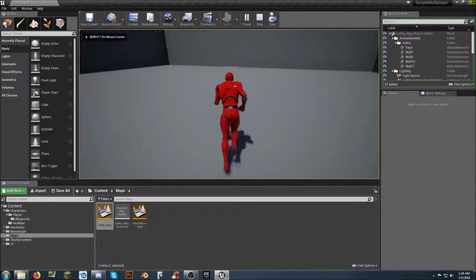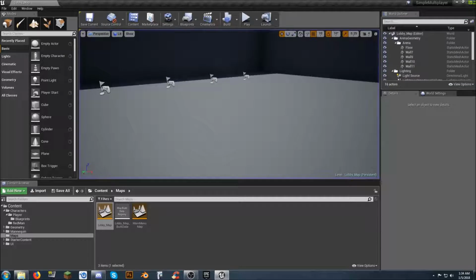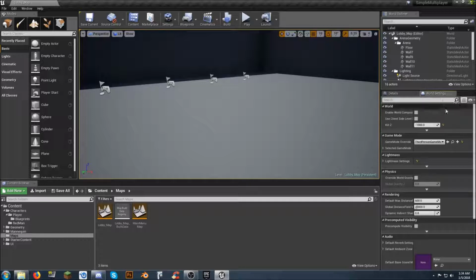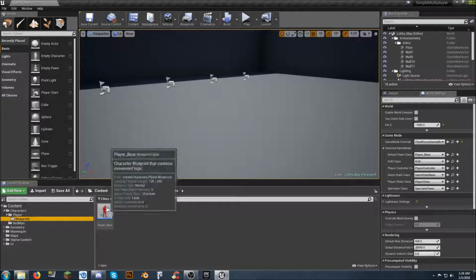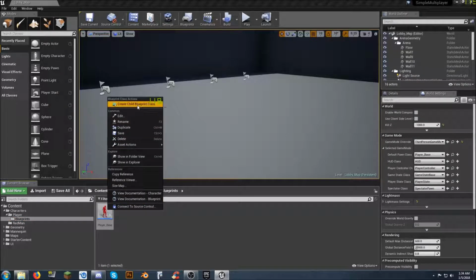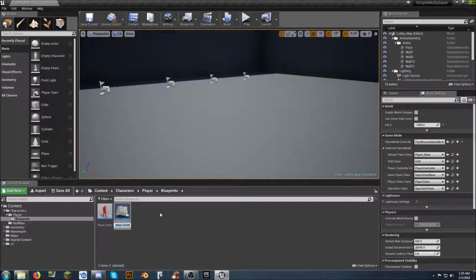So if you don't want red guy, here's a little quick thing we can do. If you want to go back to the original one, you can click on World Settings, Selected Game Mode, you open up this box right here, and instead of using Player Base, well, that's all we have. Well, what if we don't want to use that? You're going to have to go back in, and you have the player blueprint. You can go into Player Base. Now, I'm not going to modify this one. What I'm going to do is right click on it, create a child blueprint class, and now